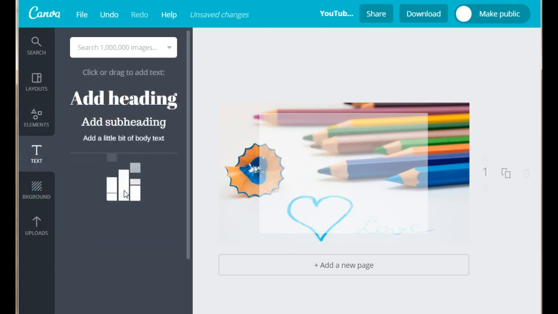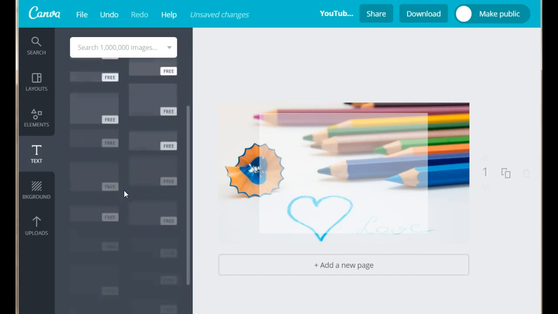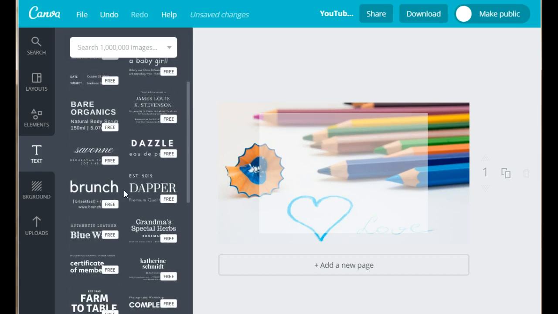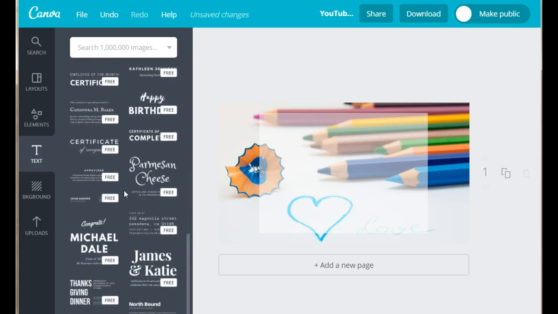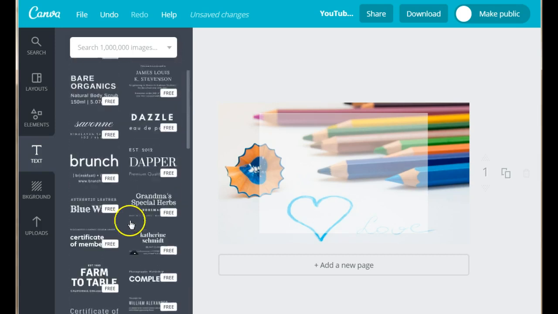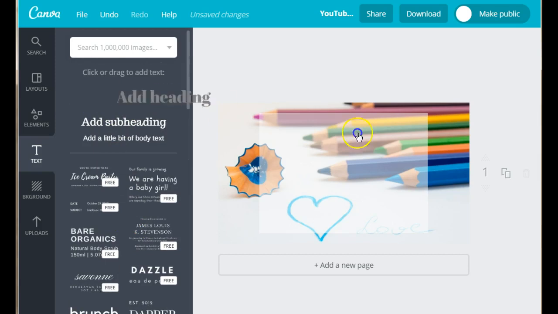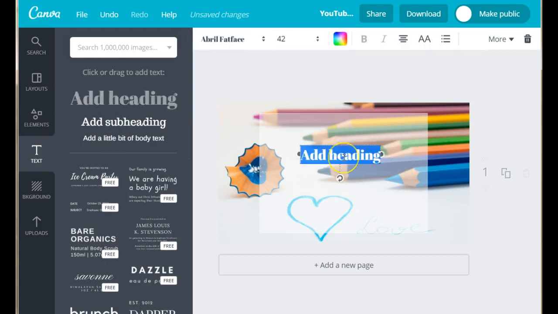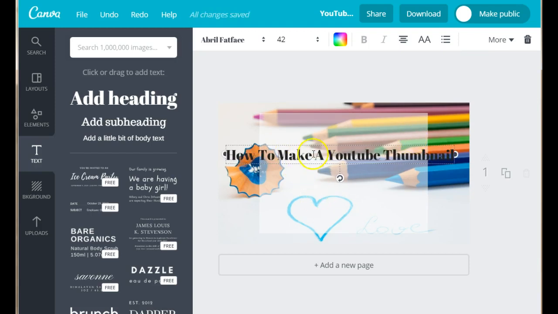Now you can use these pre-made fonts and text that they have on Canva. They're all free, by the way. You can use them, or you can go ahead. I usually just go with this standard text, and I can change the fonts later on and the size. So I'm going to add how to make a YouTube thumbnail. Okay, so let's just,